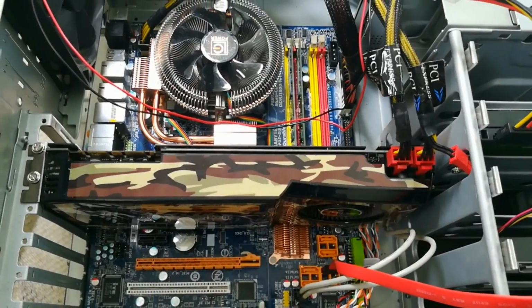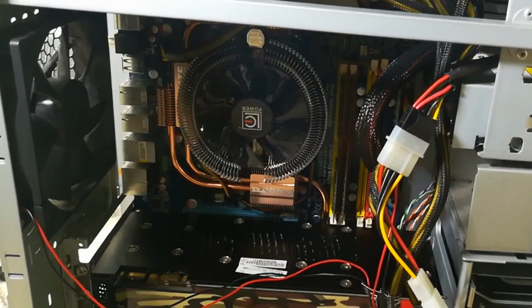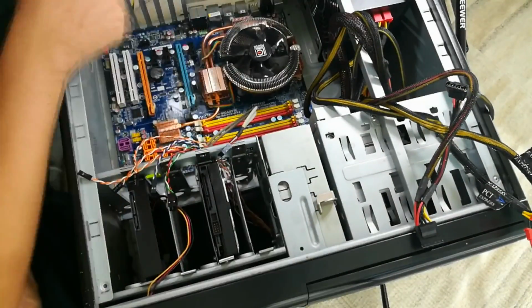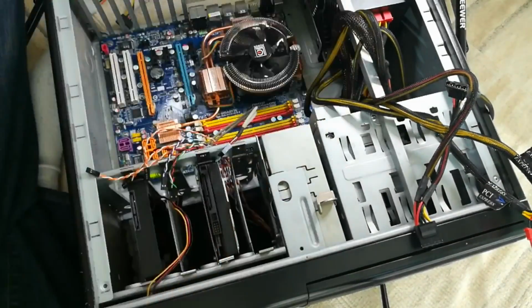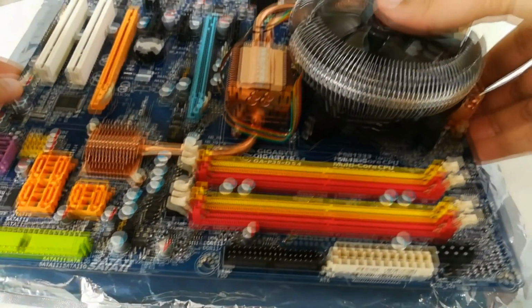Ladies and gentlemen, say hello to the Trashtop, a gaming computer built almost entirely from stuff other people were throwing away. Using eBay as a point of reference for component prices, I'm going to limit myself to a budget of 120 euros, or the price of 2 AAA games at release, and then I'm going to game on it. Let's begin. For the motherboard, I will be using a